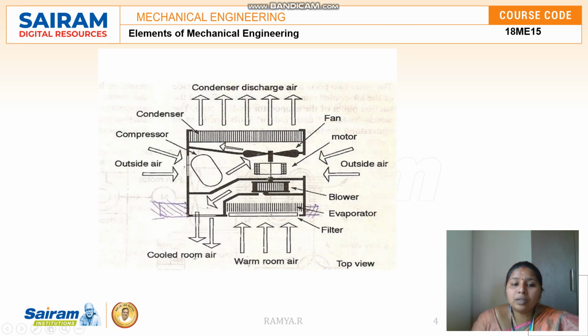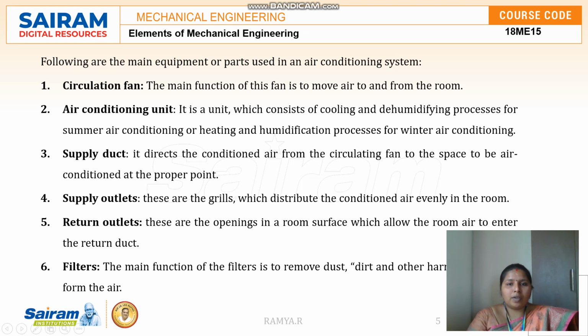So this is an image of an air conditioner. This is an inlet image, which we can also call a top view. We can see the warm air from the room enters the system through the evaporator. The blower helps in the fan rotation, which gives out the hot air to the atmosphere. So there is a motor, blower, evaporator, and a compressor along with this. So the working is similar to that of a vapor compression system only.